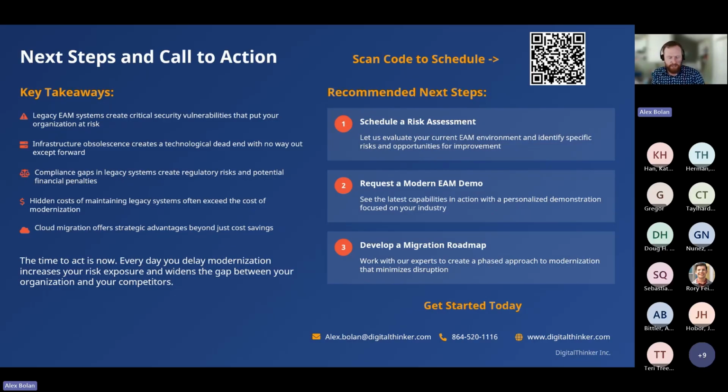If we can get in through a VPN, or you can just screen share from a Teams meeting, we can take a look at it, show you where some of your, again, vulnerabilities are. We can help explain and understand why you're experiencing difficulties with your legacy system. And then we can also bridge the gap on why the latest and greatest version is good and how it can help you be better every day.